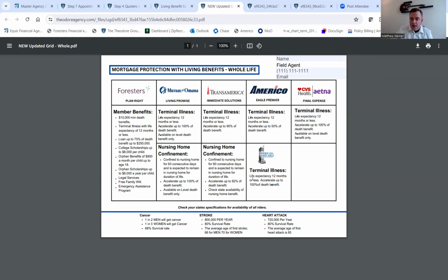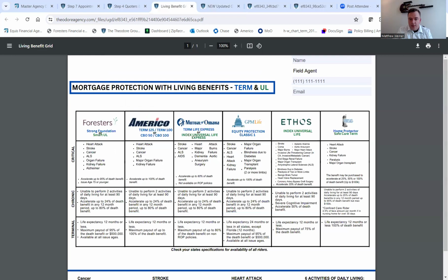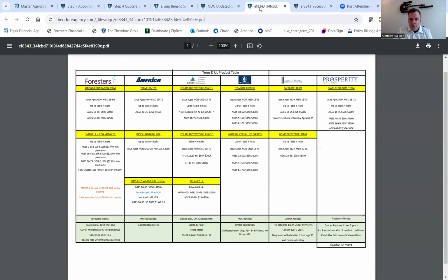So when you get into step 7, you're going to see a full presentation of how somebody presents numbers as an example, you'll see more examples of that. But generally speaking, that's how that works. So these are for people, like I said, who have serious health issues, or maybe they're older and they're on a really tight budget. Because of some of the downfalls of these term and UL products, if we flip over to our product tables, all of which is in step 4,